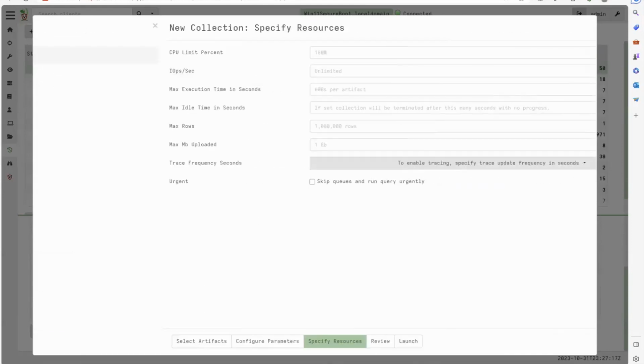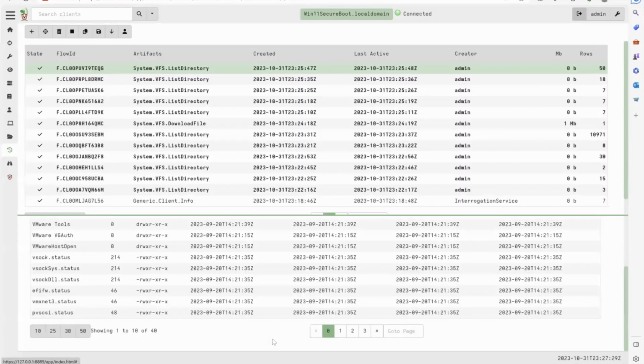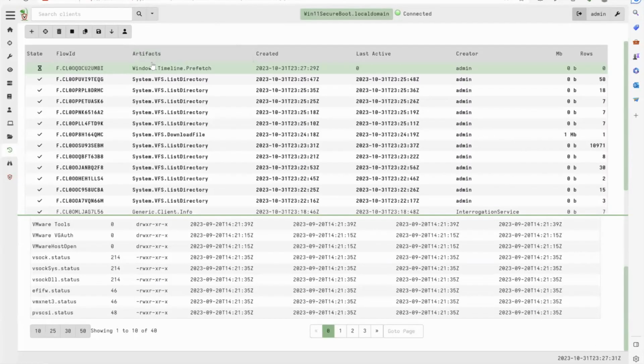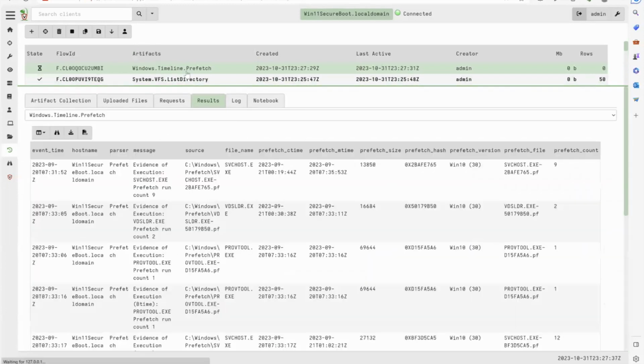When you are running collections, you can specify resources, and we'll get to this a little bit later in terms of the best practices for this stuff. But when I hit launch, it will go away and run. And you'll see the results returned